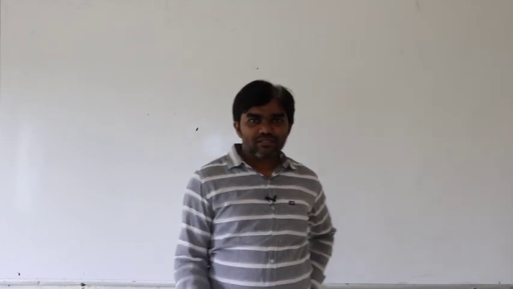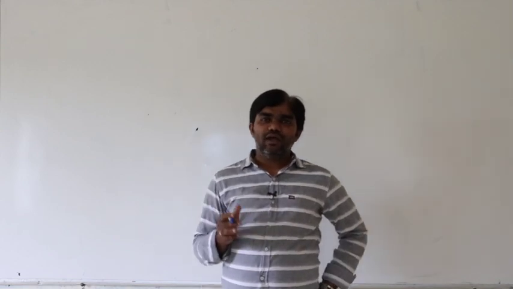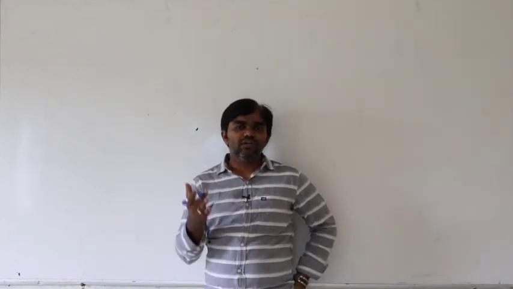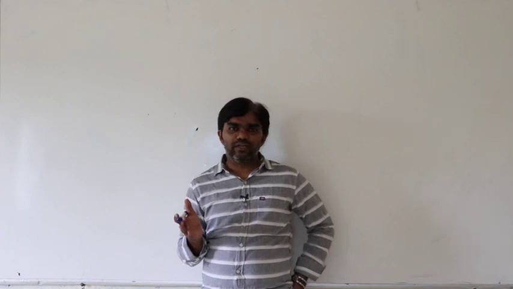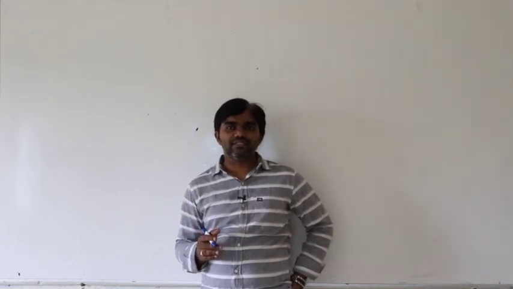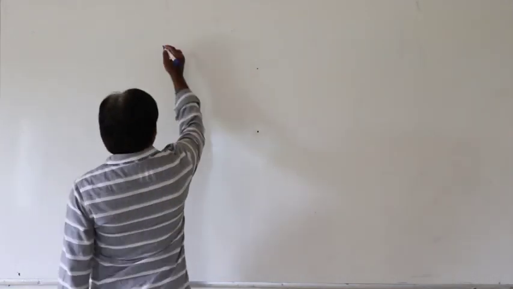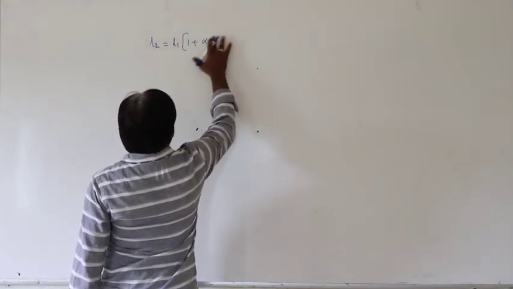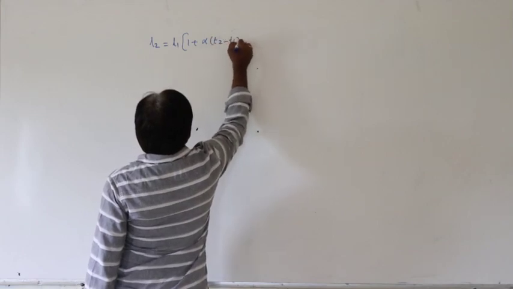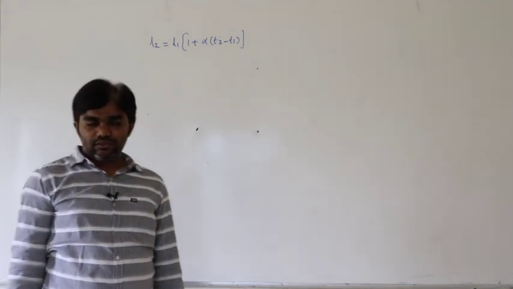So yesterday we discussed the coefficient of linear expansion. Linear expansion depends only on the nature of the material and the unit of temperature, and we also discussed how to convert one unit of temperature to another unit. So how can we convert per degree Celsius to per degree Fahrenheit, or per degree Fahrenheit to per degree Celsius, like that. Yesterday we discussed one formula, that is L2 is equal to L1 into 1 plus alpha into T2 minus T1.